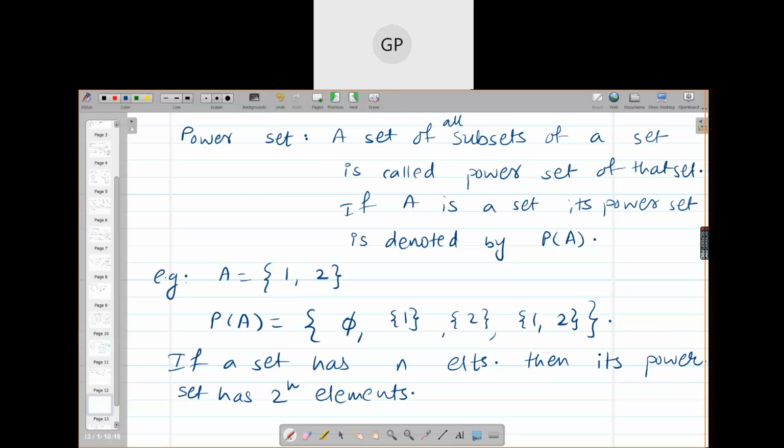This is a very important result and definition. Please remember it. What is the power set and what is the cardinality of the power set? Cardinality means the number of elements in the set. So in the counting principle, we had written an example of a partial order relation, right? Contained in, subset of.